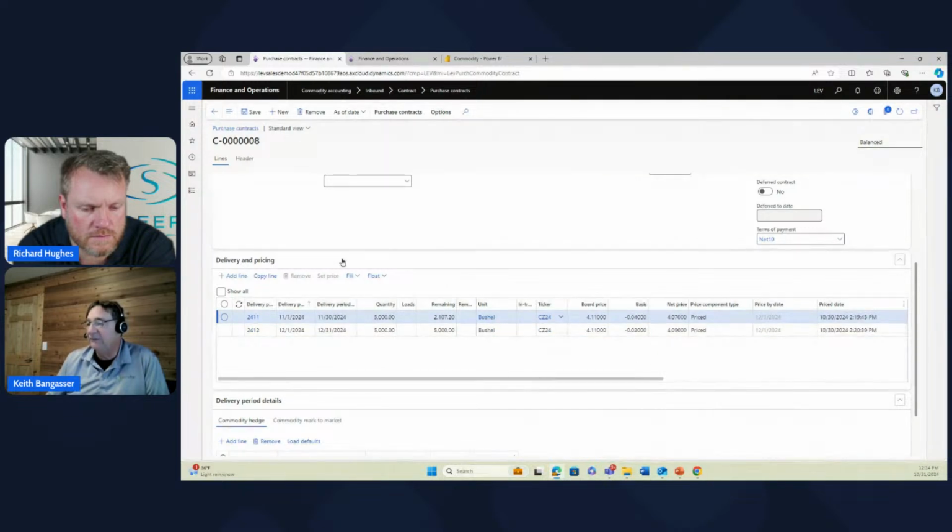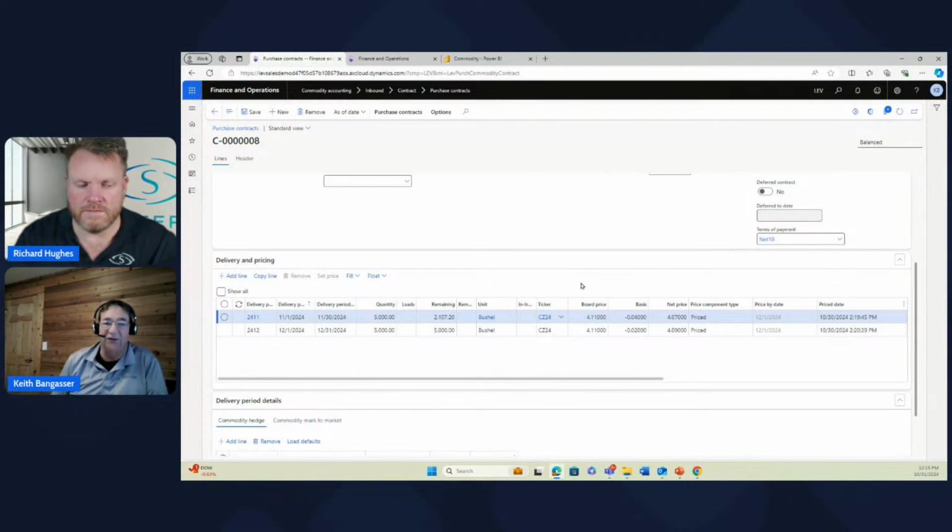And we can tie the pricing to the commodity ticker, which is usually the Board of Trade. And just as examples, Z24 is the Chicago Board of Trade for corn of December of 2024. And the board price at the time we initialized this contract was $4.11. We have a basis of -4 cents, so then our net price is 407. So another unique thing about commodity contracts is you have that construct of board price, basis price, and net price, where the basis really is the difference between the board that's being traded, usually Chicago or ICE or some other board of trade,